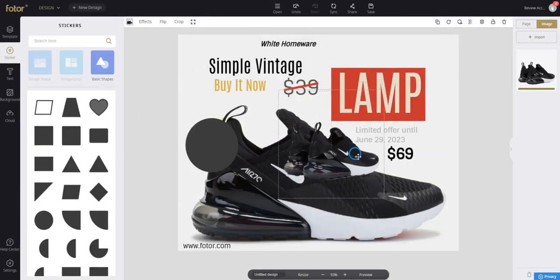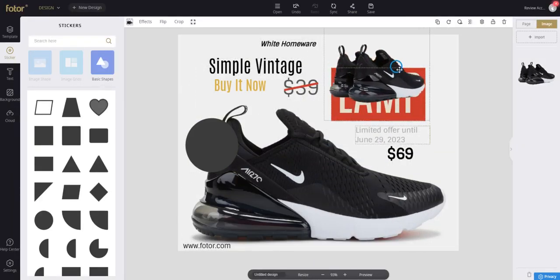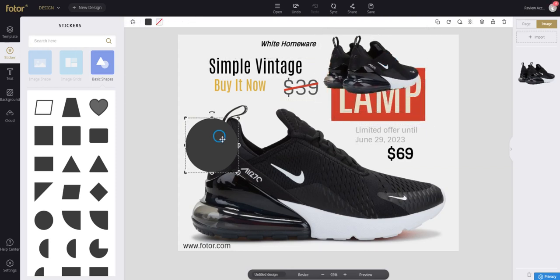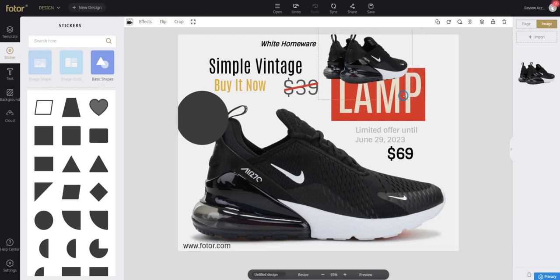There we have it. Our own borderless, transparent shoes. Took a second. If you wanted to play with Photoshop, you can play with it, but I can guarantee it won't be so quick. It won't be so fast. It won't be so easy. And that's for sure. About adding image shapes,